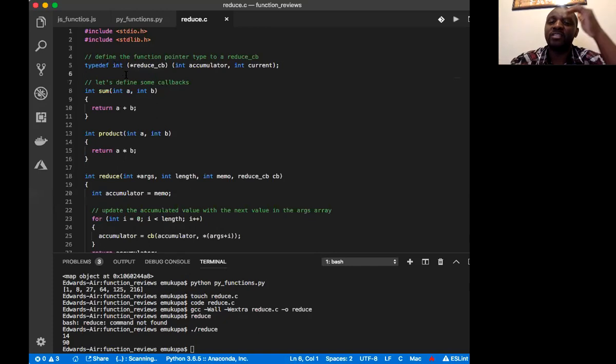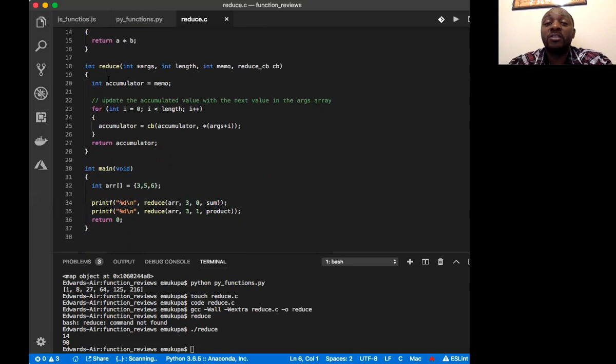You can play around with that stuff, but we'll just keep it simple and work with integers. So a reduce has an accumulator, a current one, and then a callback function called sum, and another callback function called product. And then it's defining the reduce function, which passes in the arguments, like the way we were doing it